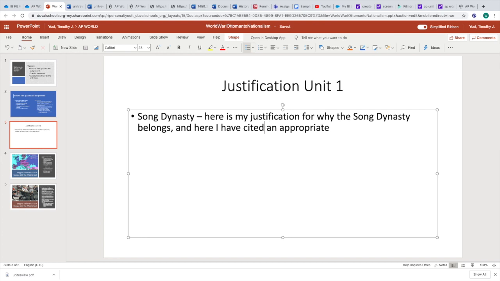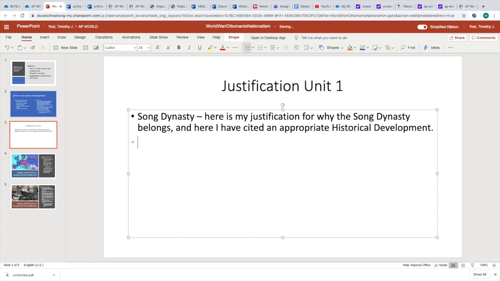And that's another thing that you should actually do: whenever PowerPoint or Word is trying to tell you that you did something wrong, you should, in fact, change it, because they're really just there to try to help you. In here I have cited an appropriate historical development. Obviously, you would not write exactly that, but you would have to develop your own justification, but it would